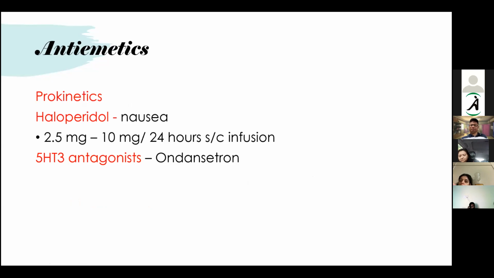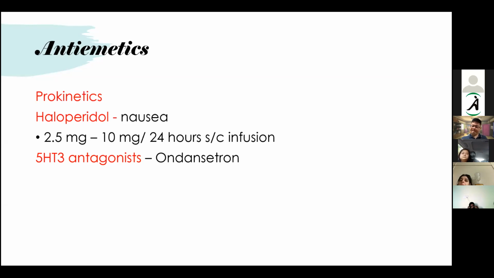So again, the next symptom would be vomiting. So you can give antiemetics. Like one thing would be prokinetics. So if it's a partial obstruction, it should not be given in complete obstruction, prokinetics. Again, keep that in mind. Second thing, one important antiemetic would be haloperidol. Haloperidol, especially when patients have persistent nausea, it is a very effective drug. It can be given as either a continuous subcutaneous infusion or as a SOS or TID or something like that. So the usual dose would be 2.5 milligram to 10 milligram in 24 hours.